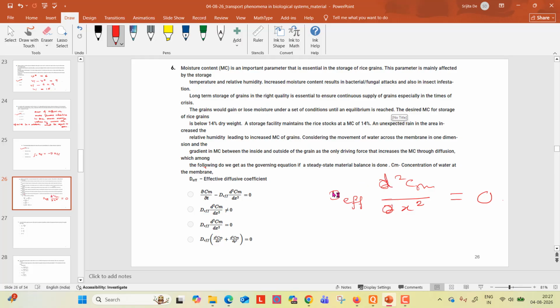Or if it is unsteady state, then it will be equal to del Cm del t. But as it is just steady state, we can simply apply this. So option D, option C. Next,